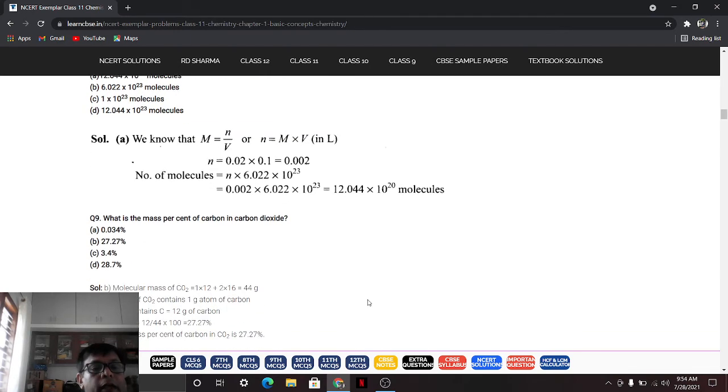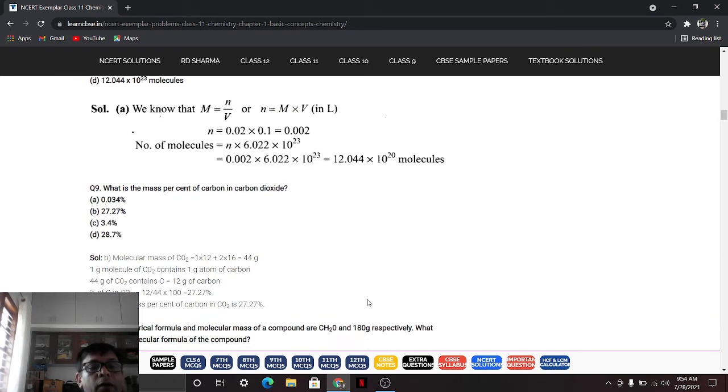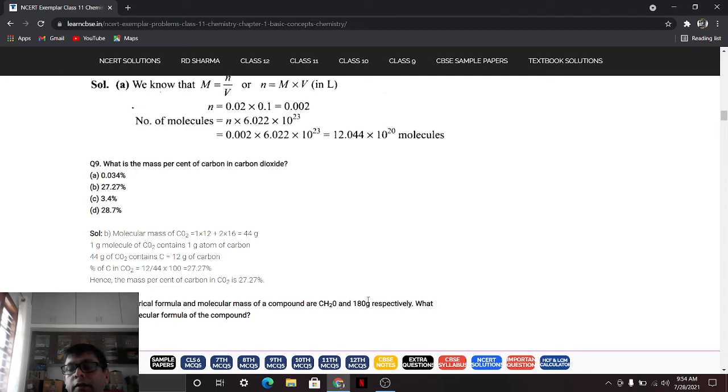What is the mass percent of carbon in carbon dioxide? The options are 0.034%, 27.27%, 3.4%, 28.7%. Molecular mass of carbon dioxide is equal to